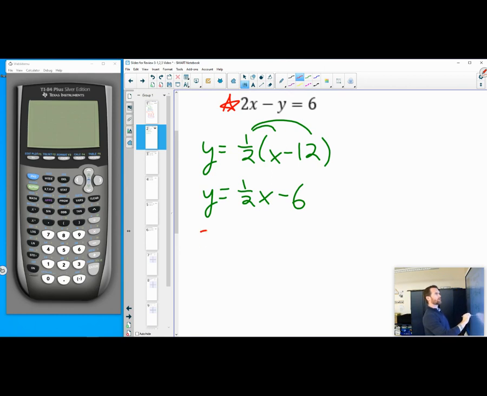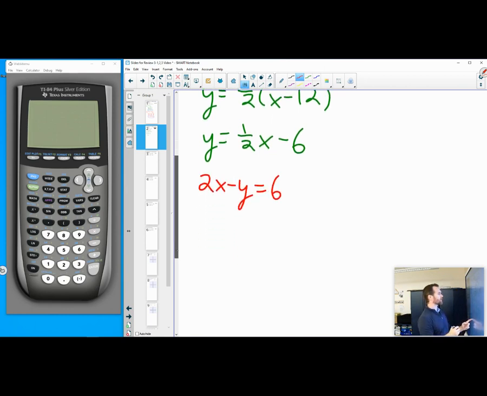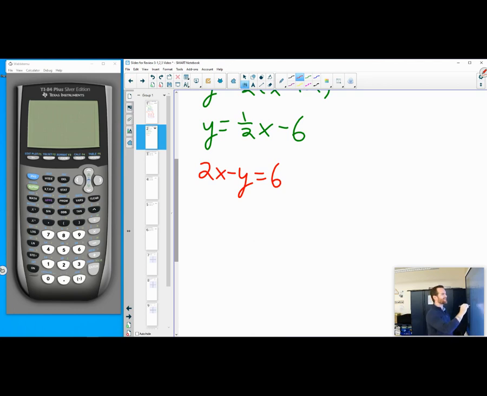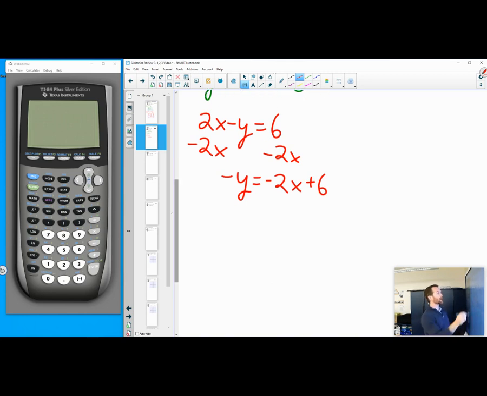Second one, we'll do in red. This is going to be 2x minus y equals 6. Slightly more work to do here. We have to get rid of the 2x and the negative in front of the y. Let's subtract 2x first. That gives us negative y equals negative 2x plus 6. Oh, forgot the negative there in front of the y. That would have been bad. Now we divide by negative 1 to all terms on the right side